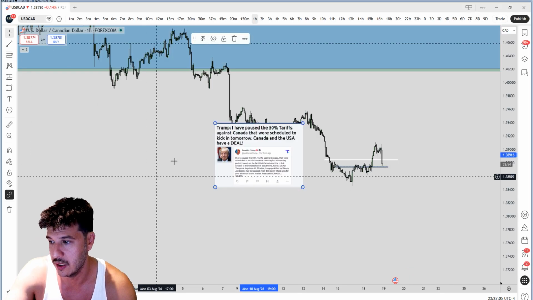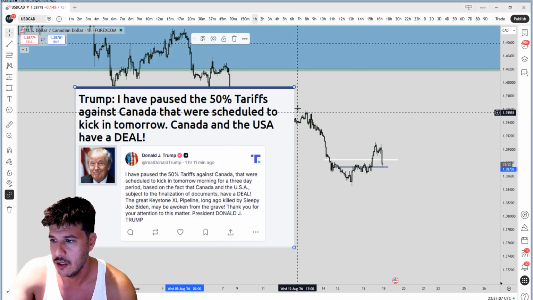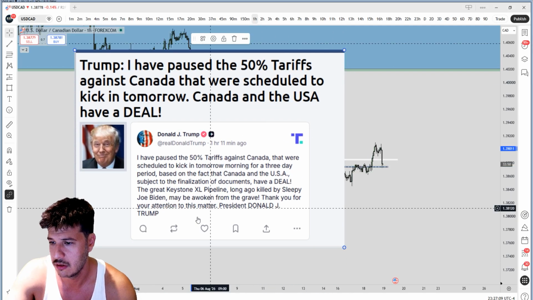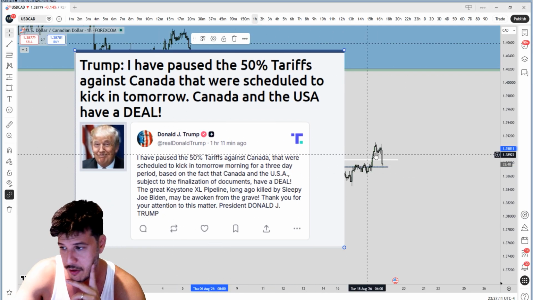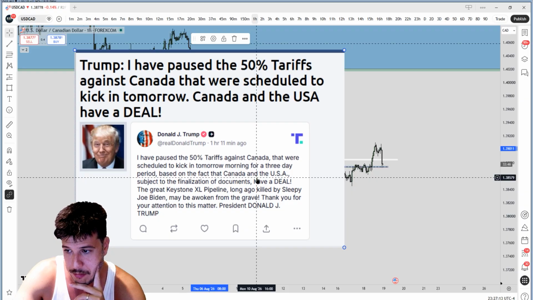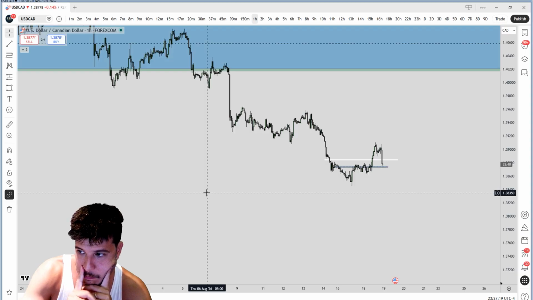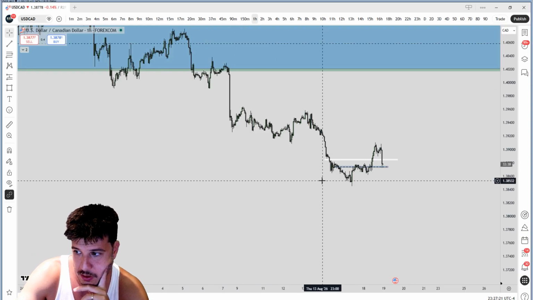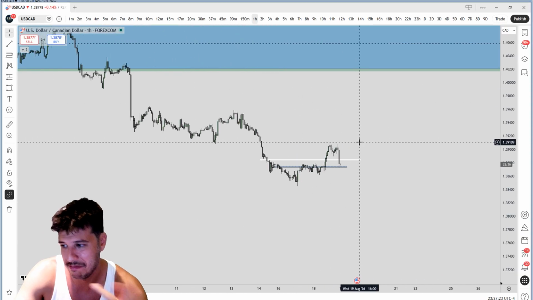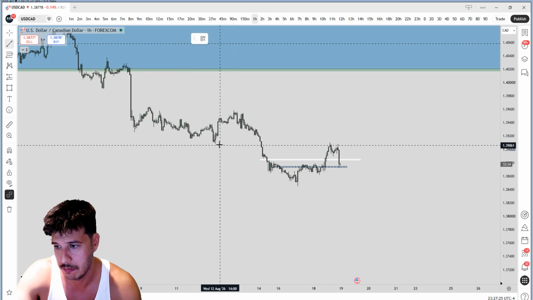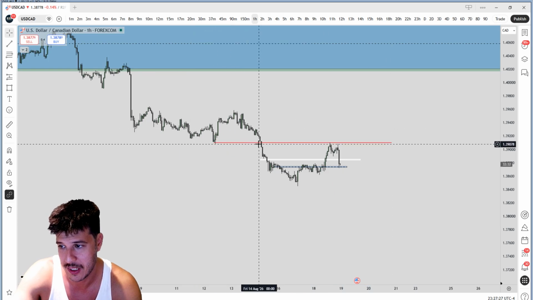So this is what it is. You can pause it to have a look. Okay, he paused the 50% tariffs and then made this sudden drop. Yeah. So the question is, it's quite nice. We came all the way to touch this high. That's why, based on the structure,